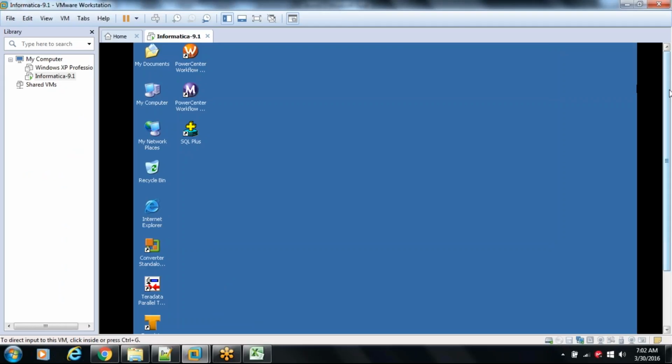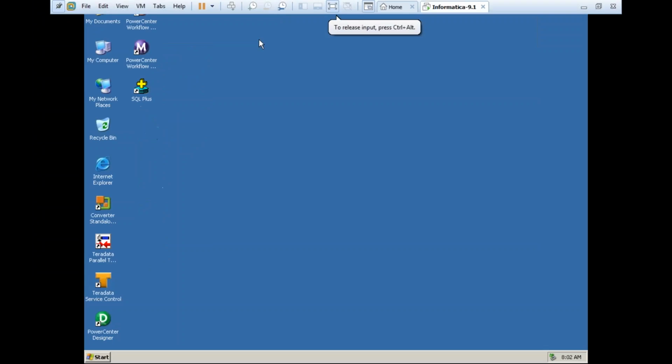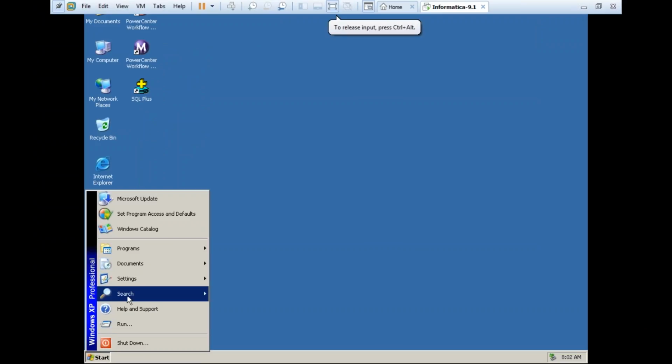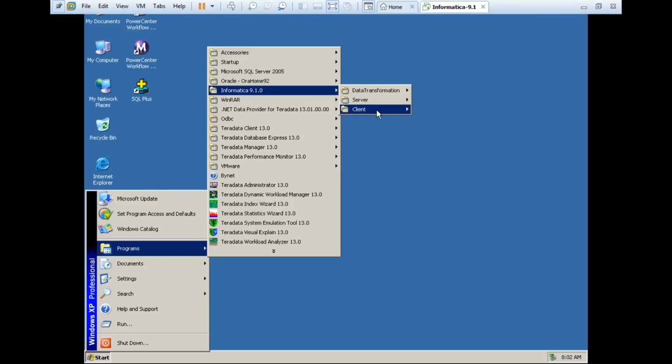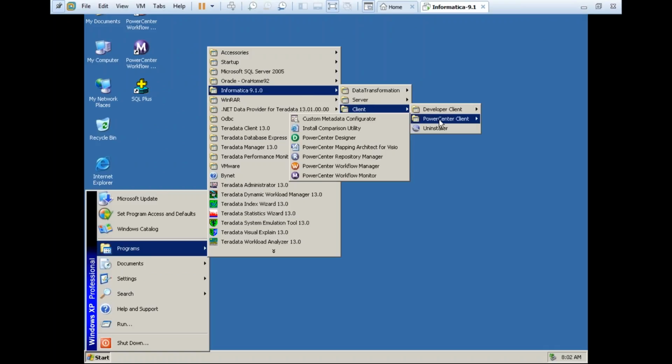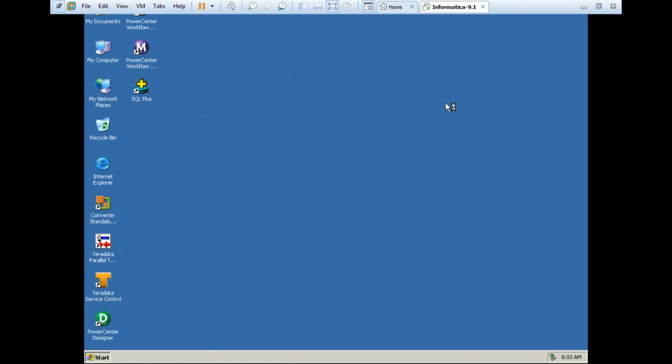So let me go to this Informatica setup. We spoke about this Informatica Powercenter client, these 4 clients: Powercenter Designer, Repository Manager, Workflow Manager, and Workflow Monitor. Apart from that, if you go in this server, you will find this Informatica Administrator home page. So if I click this,